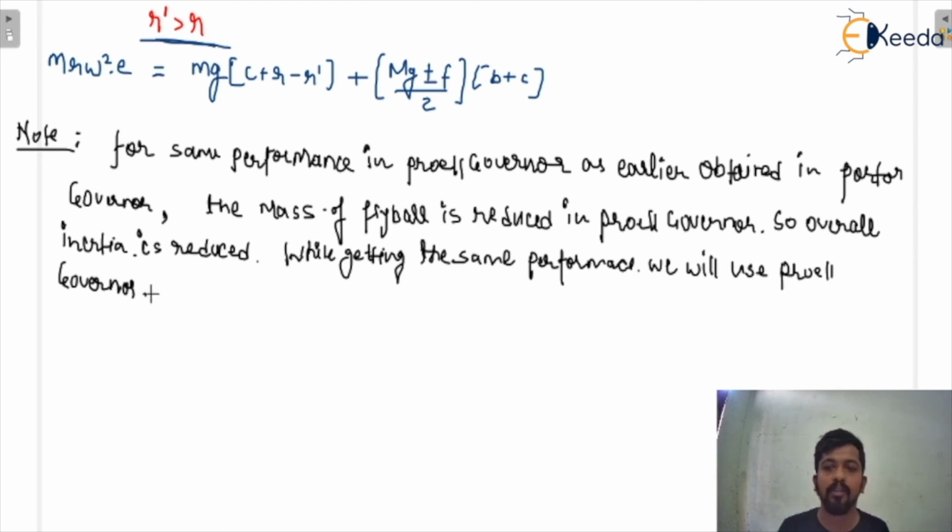Okay, now we will do some numerical questions on the Powell governor, so it would be easy to understand what types of questions are going to come in the examinations. If you are preparing for the engineering services conventional, a number of questions are going to be asked from the governor. But before we solve the questions, let me tell you another concept in the Powell governor: how we can find out the tension in the Powell governor arms. See the diagram carefully.